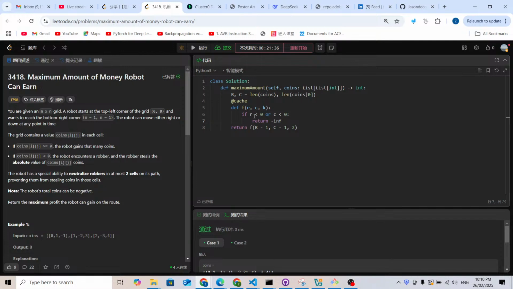Otherwise, if it goes out of the boundary, we're not going to choose that value, so we're going to set it to negative infinity. Now we're going to check this value: x is going to equal the coins. We're going to check the value of the coins,